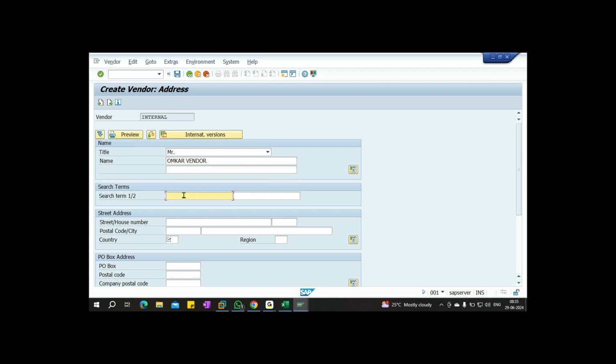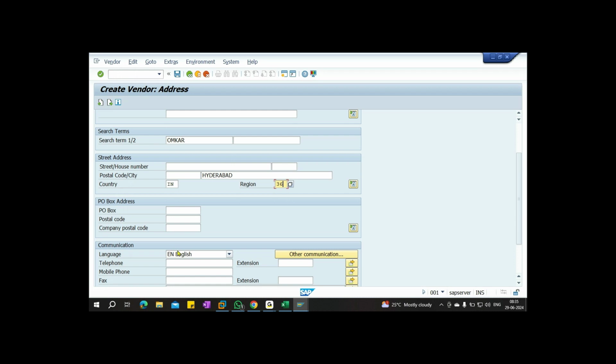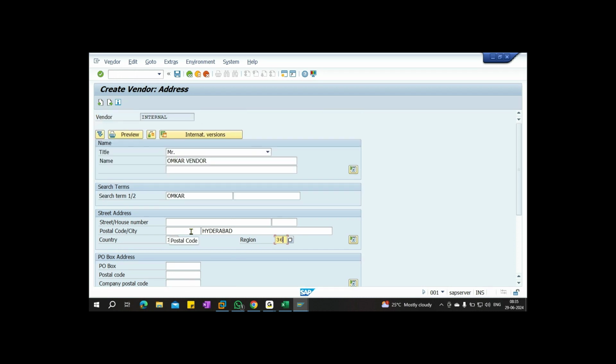And here search term also I mentioned Wonkar, city Hyderabad, country IN, region 36, and language is a predefined one. So this is general data.